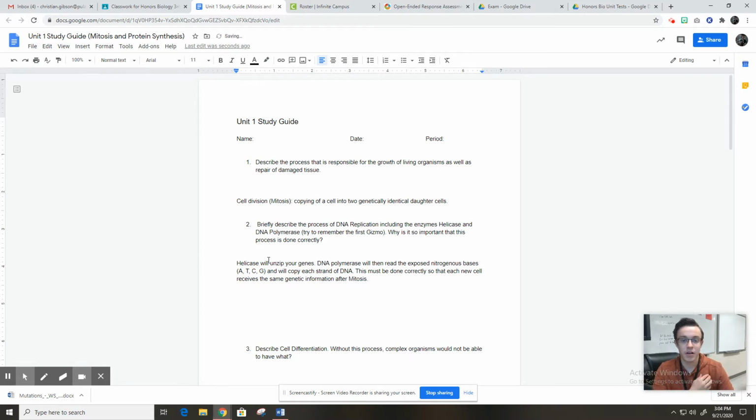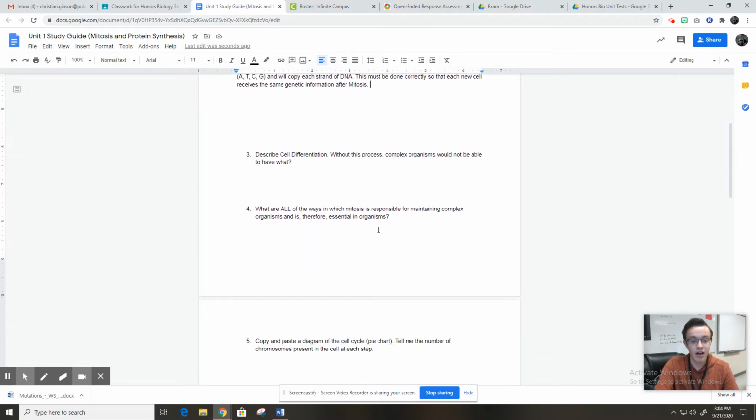Okay, it's super important that each cell gets the same genetic information, so that they become two genetically identical cells. Okay, so describe cell differentiation. So cell differentiation